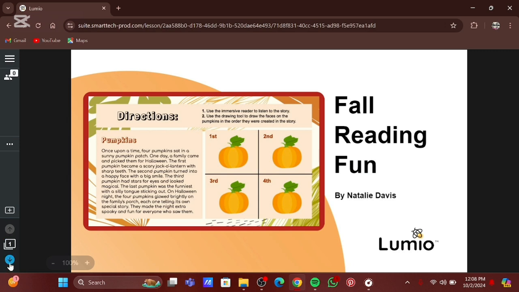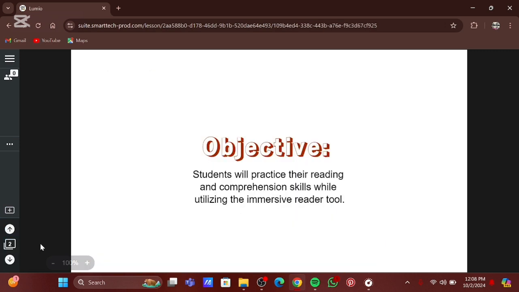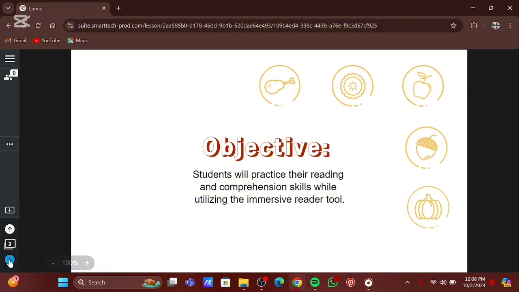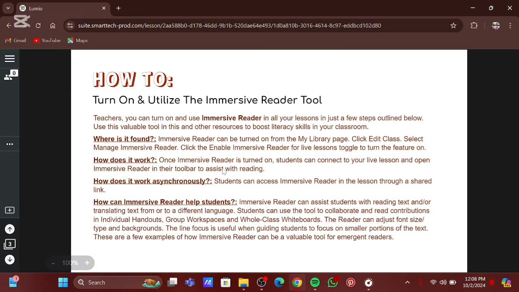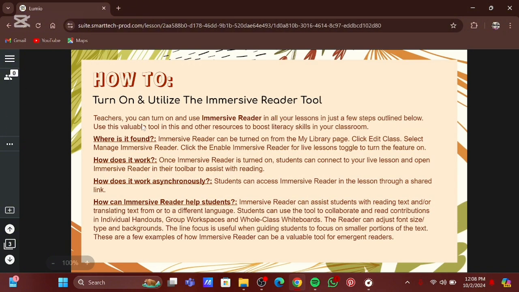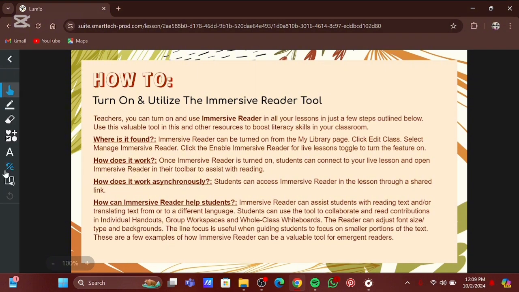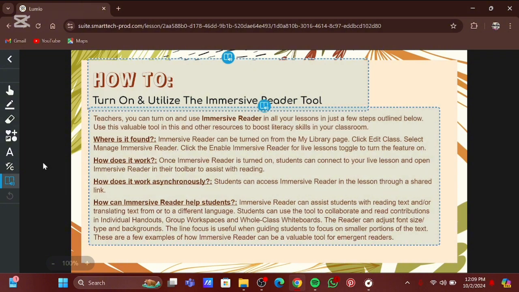After that, you can choose one of the slides that you want to use with the immersive reader. For example, I want to do this slide. Beside this slide, you can see three buttons in the middle. You can click it. There are so many features in here, but because we want to do the immersive reader, you can click this immersive reader icon in here,